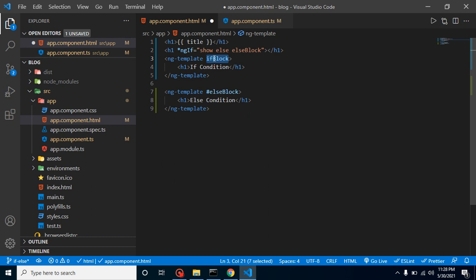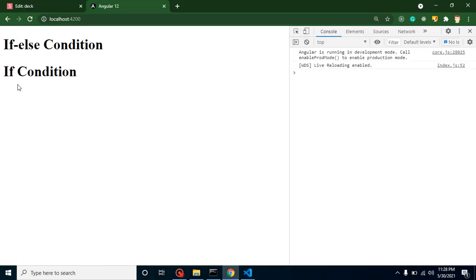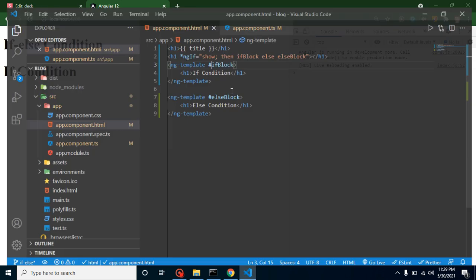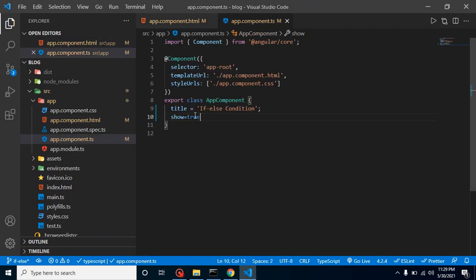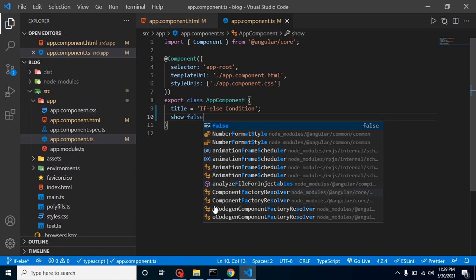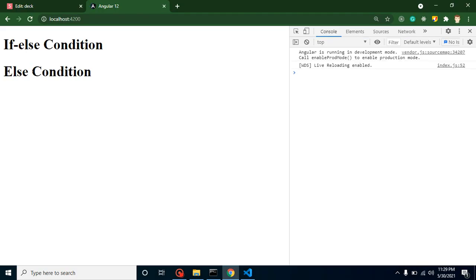And if we have ifBlock, then we put show, then a semicolon, then ifBlock, otherwise we have elseBlock. Now we got some error, just give me a moment. Okay, we have to use the id, that means hash. Now you can see that we are able to see the if condition, and if I make it false again, you will find that we have the else condition.